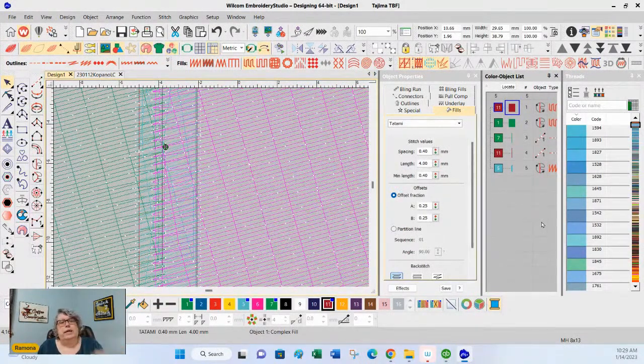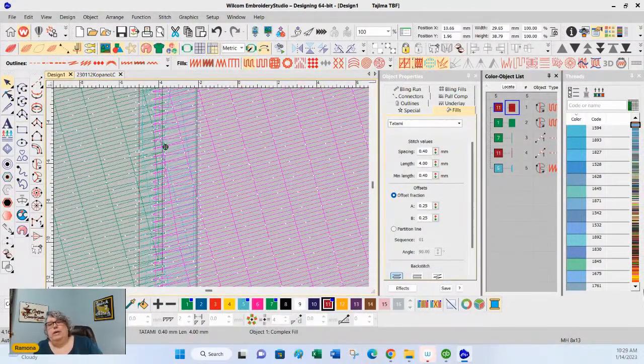So keep in mind, when you ask your digitizer or when you're making designs for yourself, you need to have that overlap to prevent the gapping, but you want to be careful where the stitch penetrations go. You want to be careful that you're not putting too much in one place.